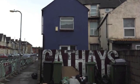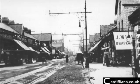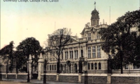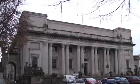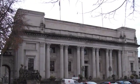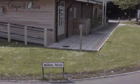Cathays was formed in 1875 in the north of Cardiff, making it one of the city's oldest districts. Originally farmland, Cathays was almost completely rural at the time of it becoming a suburb, and in the relatively small period of the following 25 years after 1875, it became the Cathays we know today. Only two farms survived the turn of the century, Allen's Bank and Weedle, and by 1914 even these had been